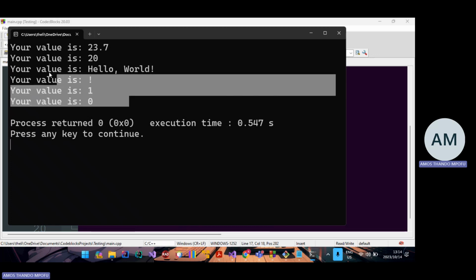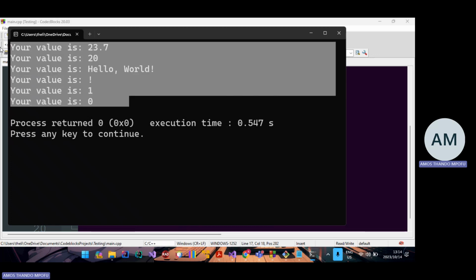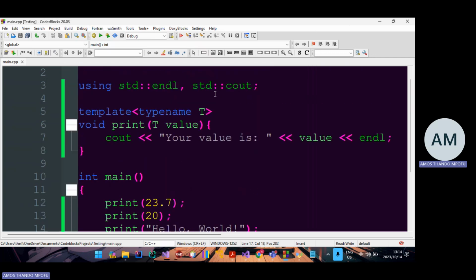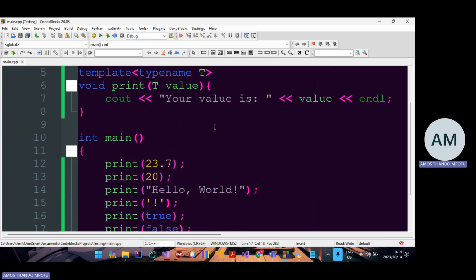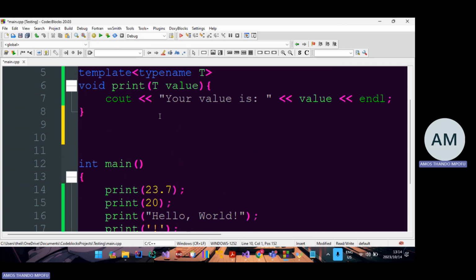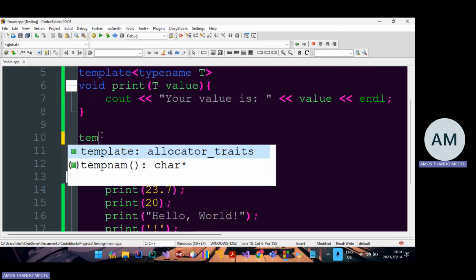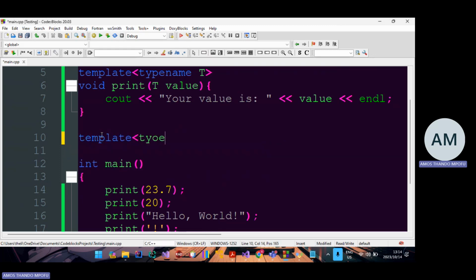So as you can see, I can work with any type. I can pass in any data type. That's the whole point of templates. And templates become very useful when you want to make algorithms that don't depend on the type. They work for all the types. So obviously I would make it a generic function and then implement my formula or my algorithm. So now let's use the template type name T